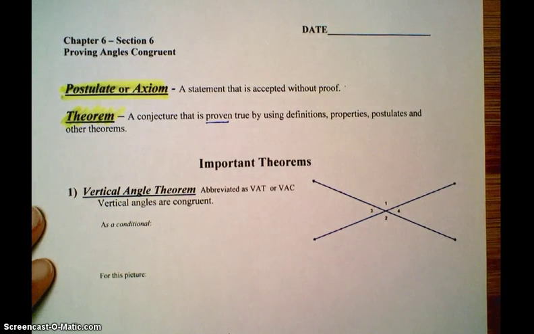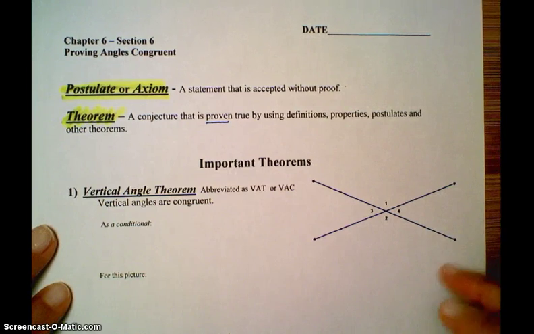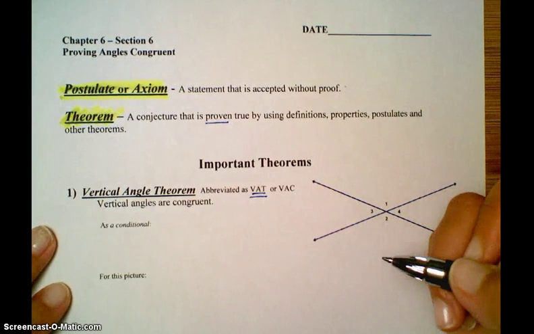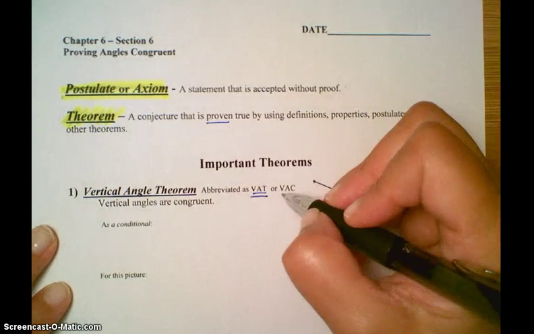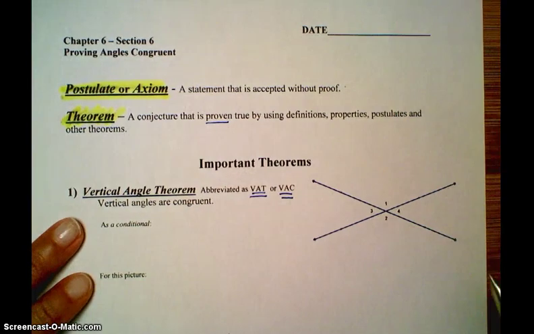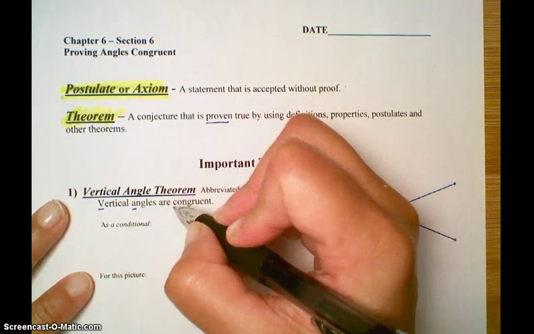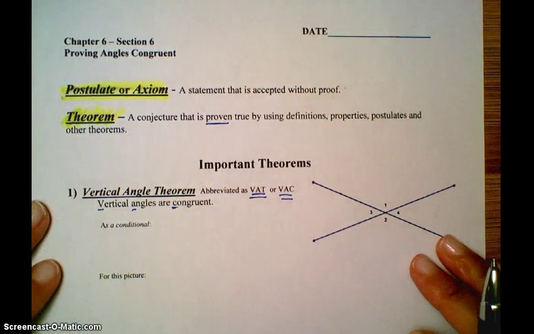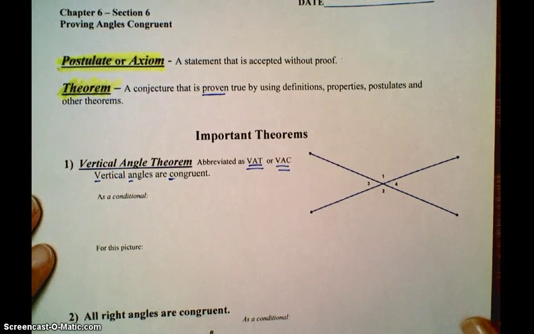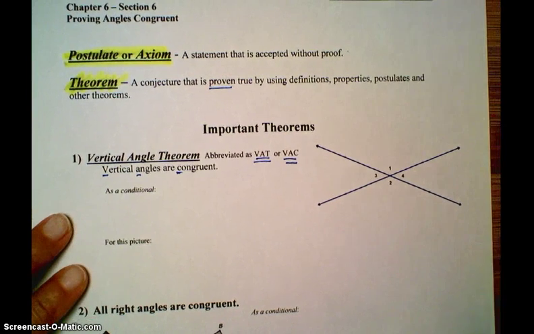Okay, important theorems that come up in this section. First one is the vertical angle theorem. You will be allowed to, if you want to, abbreviate it either VAT for vertical angle theorem, or VAC for the words that go along with it, and that is that vertical angles are congruent. So that's where the VAC comes from. Notice this sentence has been written just as a statement. If we wanted to state it as a conditional, we would say,